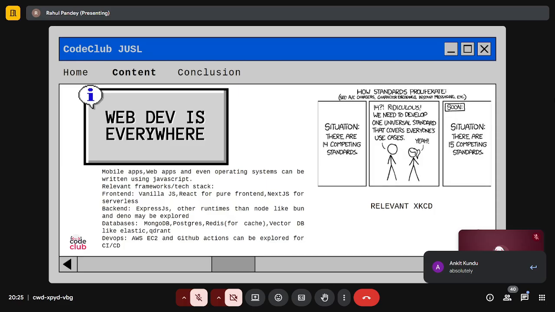So obviously, the relevant frameworks for front end: you can go for Vanilla JS, but with Vanilla JS you will run into some issues, like managing state and everything. Now we can go for React as well as Next. Next is pretty much a full stack web framework. It is the one you can use if you are interested in serverless and are not going to be making servers and stuff. So for front end, it goes React and Next.